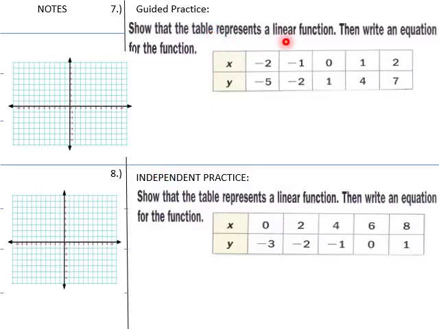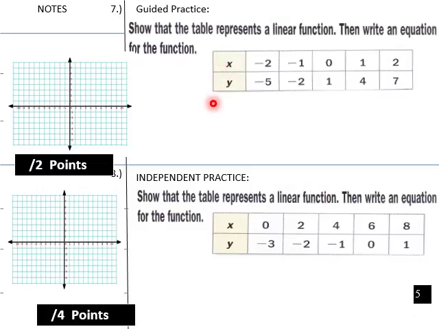Show that the table represents a linear function, then write an equation for the function. To show that it is a function, for each input there is only one output, so it does have that functionality to it. And then do the same thing down here. Then write an equation. So to write an equation of this table here,